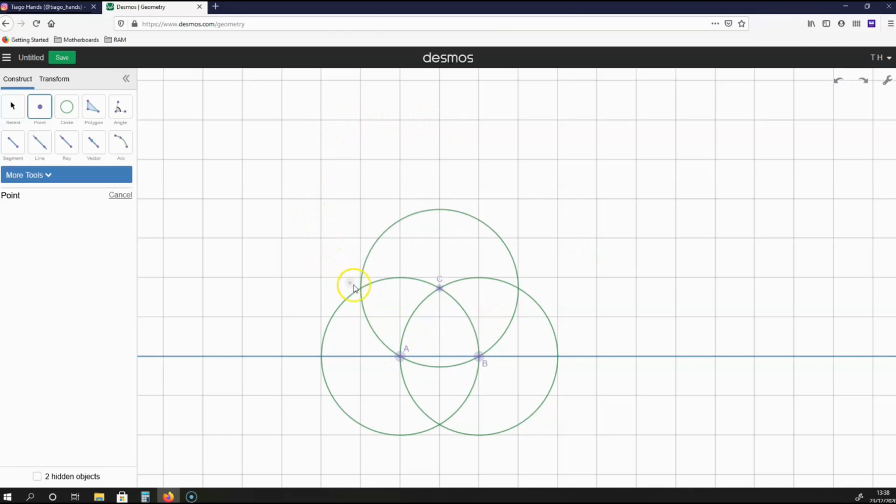Now name these intersections to the left and right. Call this one over here D and this one over here E. The next step is create another circle with the center D. This circle is going to have the radius DC and also DA,